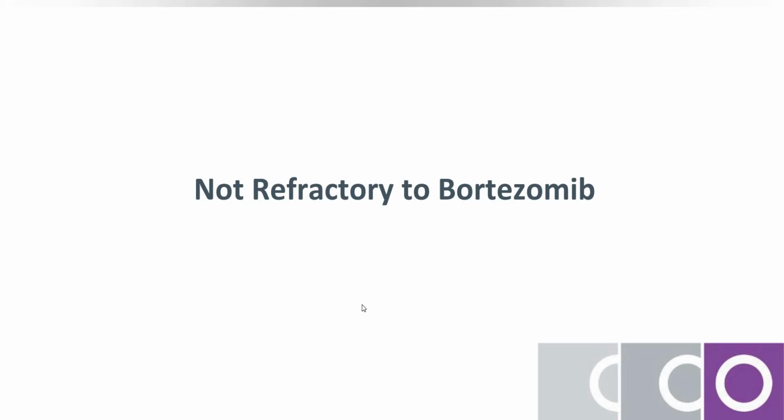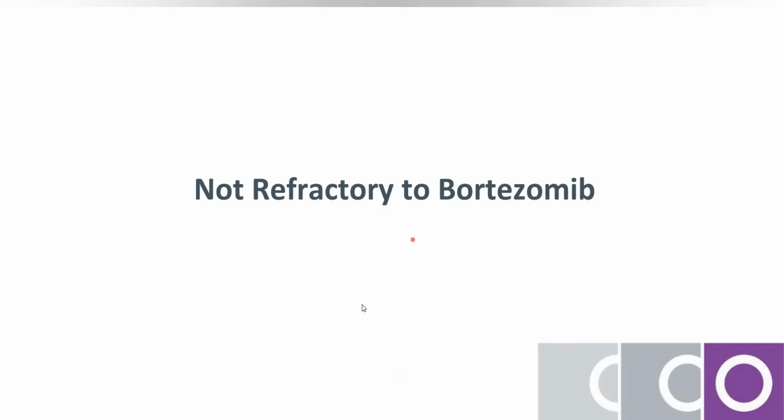In the early relapse, first we discuss not refractory to bortezomib. We know that there are 2 drugs which are used upfront most commonly, bortezomib and lenalidomide. So we can divide the treatment planning in the relapse setting. If we have to write a question and answer for this, we should divide like not refractory to bortezomib, then refractory to lenalidomide, and refractory to both. In this way we can divide the treatment part.